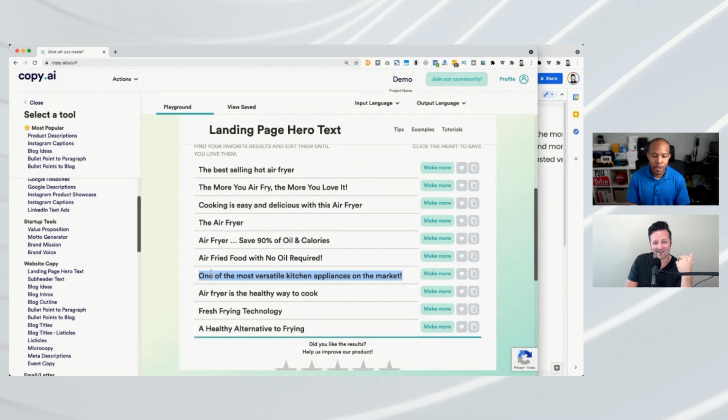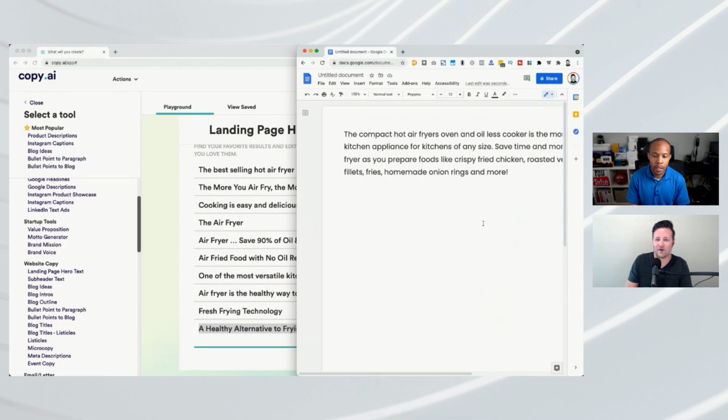Because that's one of the hardest parts for me. If I know how to start it, I know kind of how I can word some things to follow it. So this would get me out of my head a whole lot. So let's just say we did a healthy alternative to frying or something. So you can start writing headlines, and these can be used.